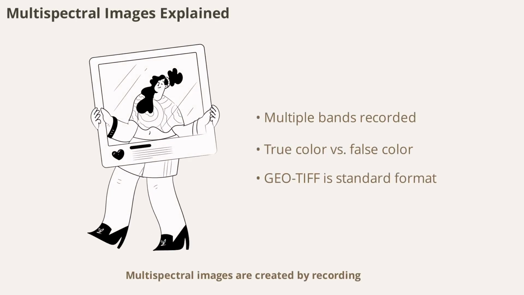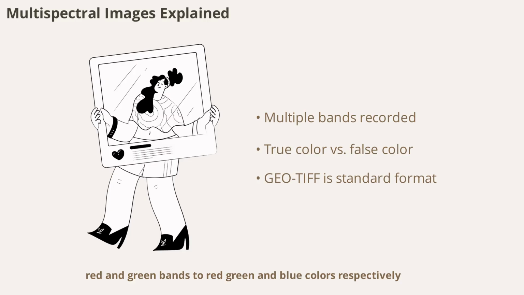Multispectral images are created by recording data in several distinct wavelength bands. Modern satellite and digital aerial images are often stored in standard formats like GeoTIFF. Since computer displays use only 3 color channels, creating a true color image involves mapping blue, green, and red bands. However, for many applications, false color composition is used, mapping near-infrared, red, and green bands to red, green, and blue